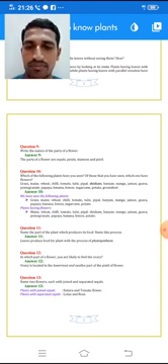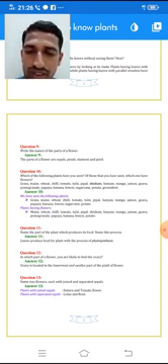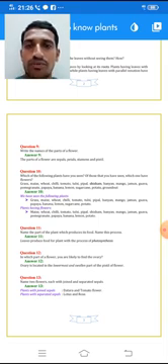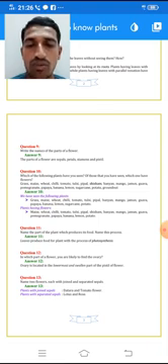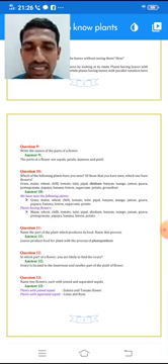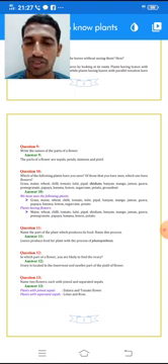Very simple answer here. Question number 12: in which part of the flower are you likely to find the ovary? So see here, the ovary is located in the lowermost, swollen part of the pistil. So of the flower, it's present in the pistil part of the flower, at the lowermost. What we see is stigma, style, ovary. Stigma is in the front, style is in the middle, and at the last, lowermost and swollen portion of this pistil is the ovary. It is located there only.